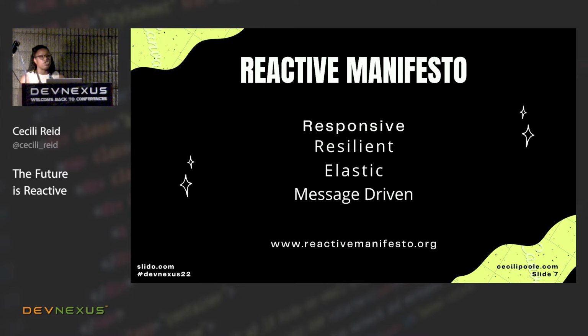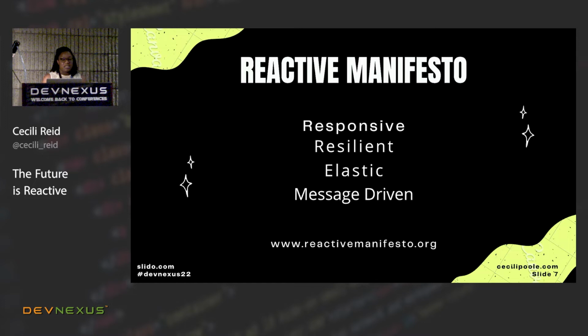The first thing to know about reactive systems is that they are responsive. They are high quality applications that respond to all of the issues and problems and make sure that your users have high confidence in your system. They are resilient, where if failures do happen, you're able to recover from them, and those failures are compartmentalized to the point that it's not going to affect your entire system. They are elastic, meaning your resources scale.